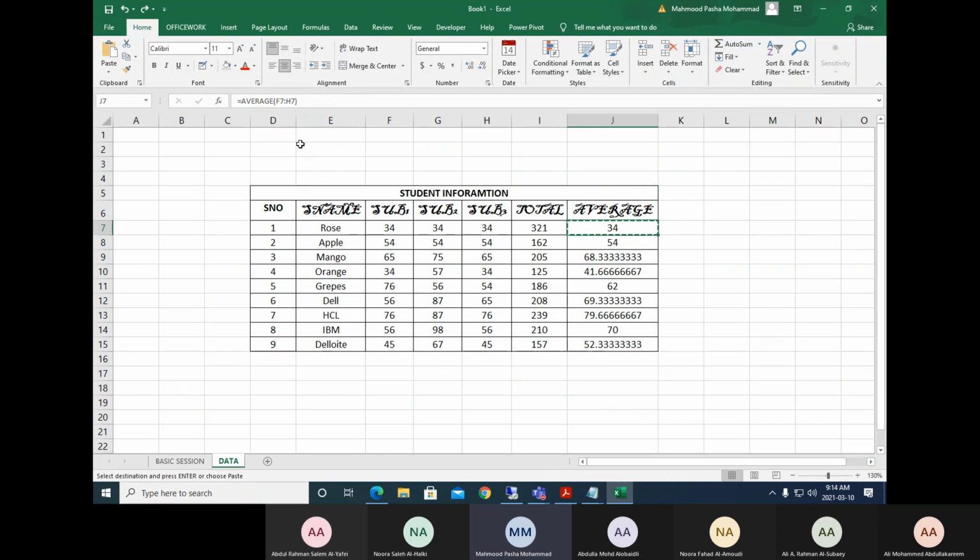Suppose I copied this. Now what I'm doing, I'm going to this option, select this option. So here, copy, then select this. So it's not applying now.